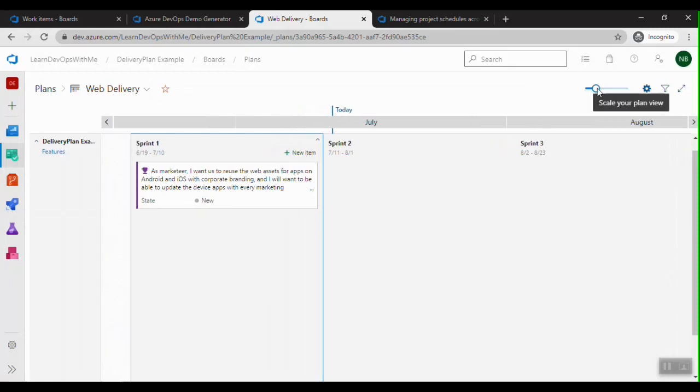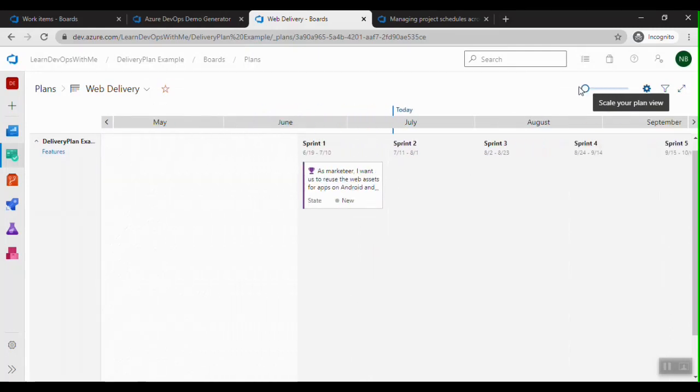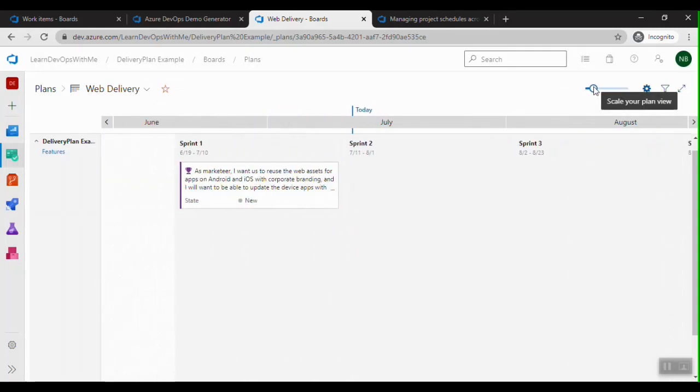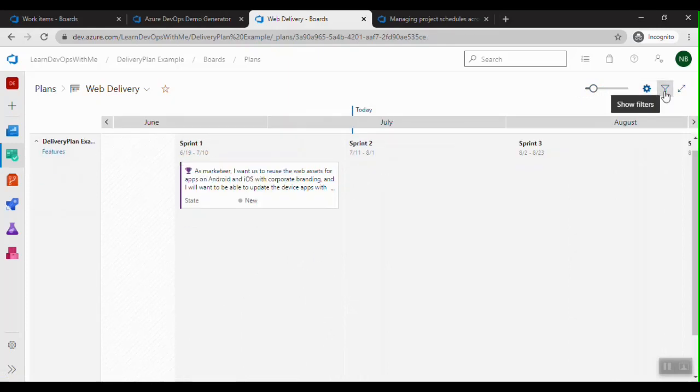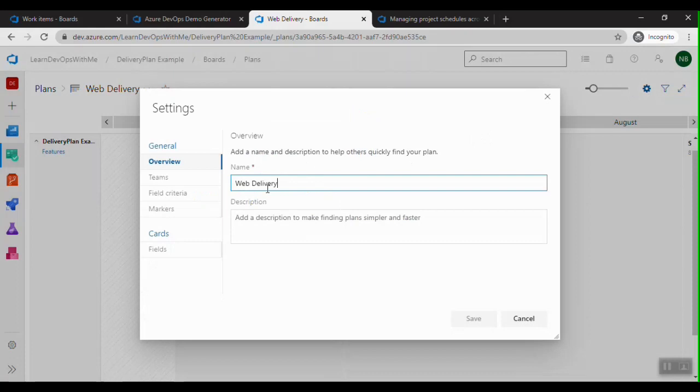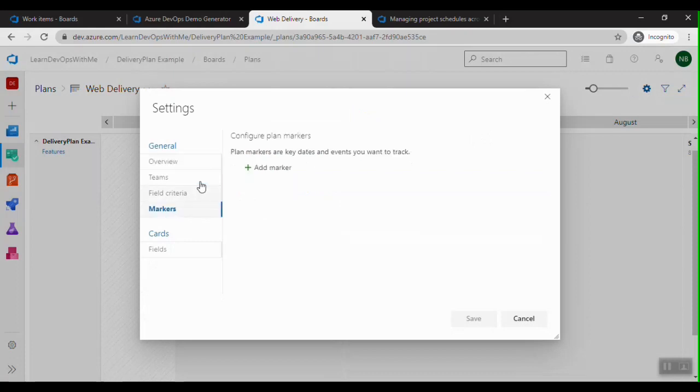So we can use this slider to zoom in and zoom out. Okay, and if we have multiple teams, we can scroll up and down, and even we can filter the work items based on certain keywords. So before that, let me add a marker. So I'll again go to the configure settings, then click on marker, and here I can add a new marker.